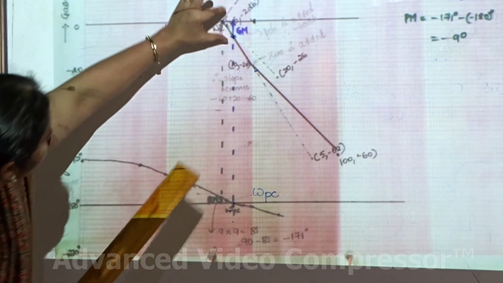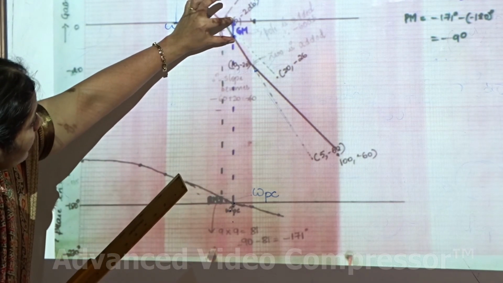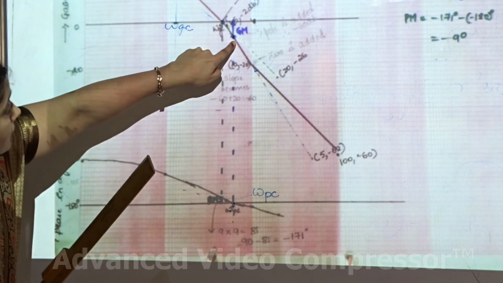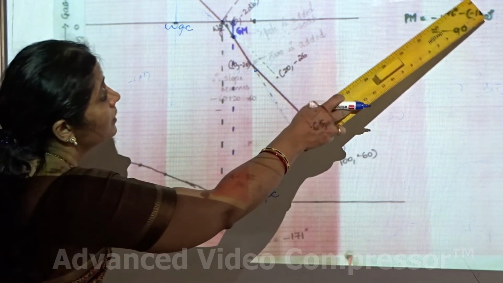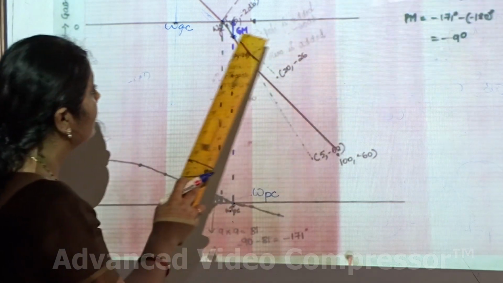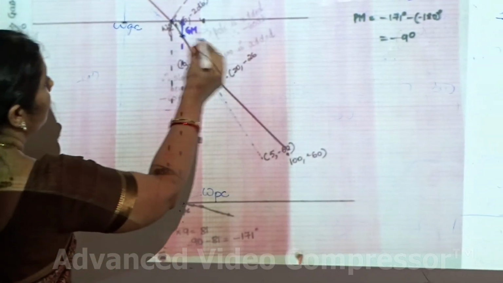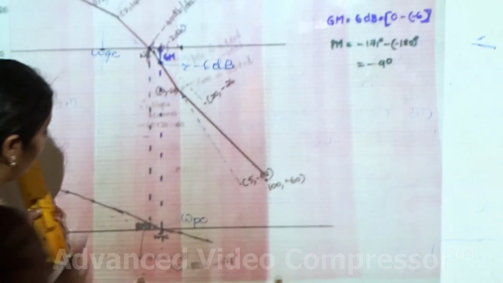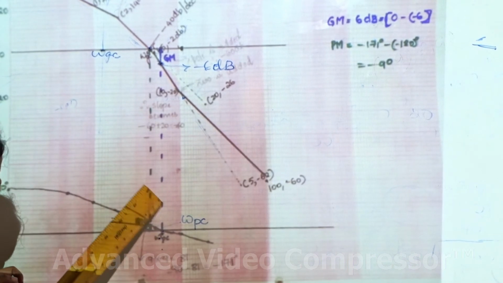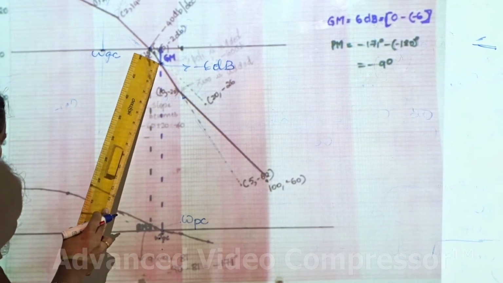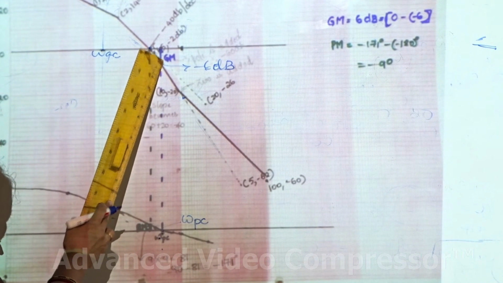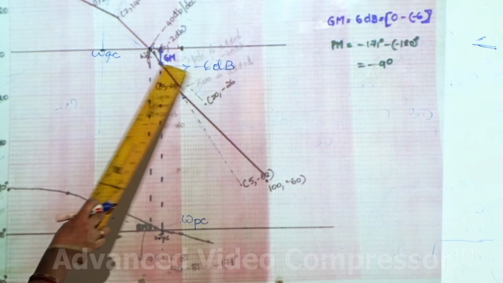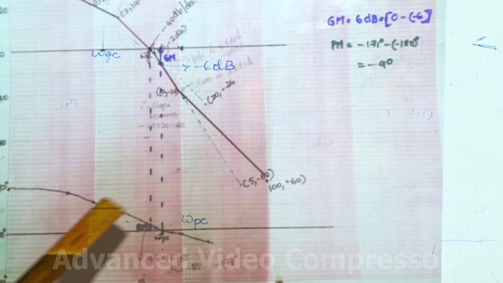So from here, this difference is called the gain margin. 0 minus this value. So it will be 0 minus of minus 6. The gain value is minus 6 here, minus 6 dB. You will have to extend, put dotted lines and extend it and see where it meets the magnitude plot. So what is the gain there? It is minus 6. 0 minus of minus 6 is 6 dB.